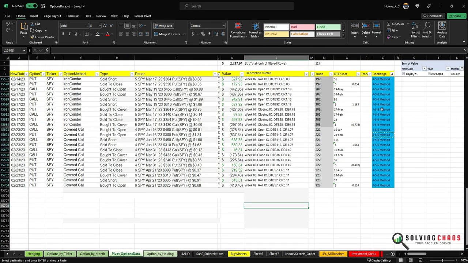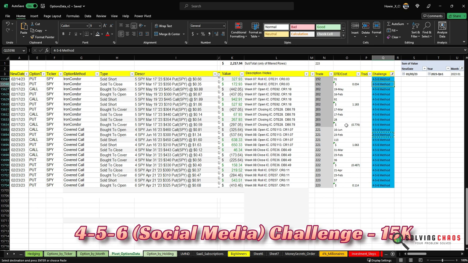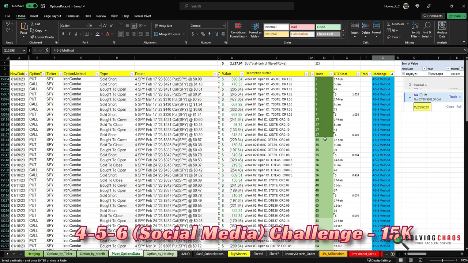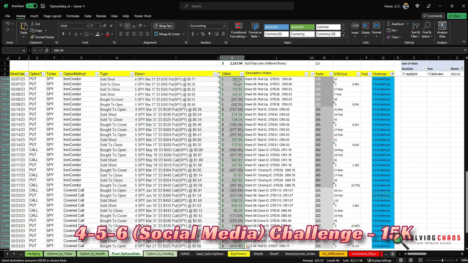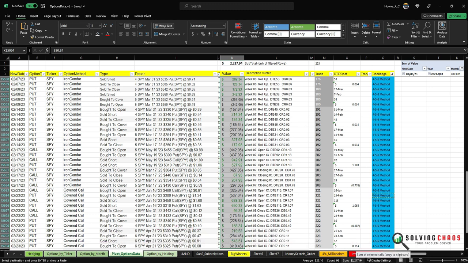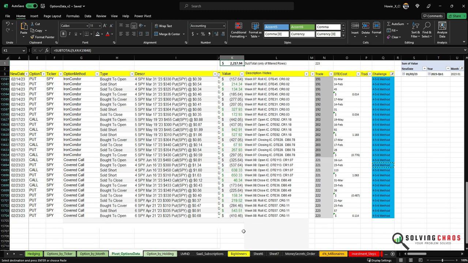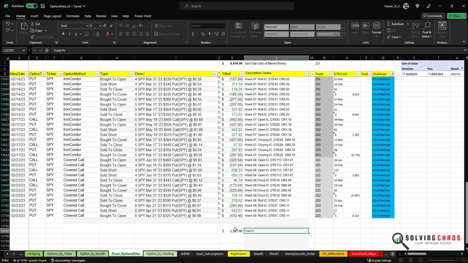I'm back at the details. I put a filter on the challenge called the 456. If you scroll all the way back up to my filtering, it starts at week 1 of this year, which is obviously the first trading day. And what you should care about is how much money you've collected in premium or made so far this year. By tracking winners and losers in one spreadsheet, it's really easy. You can see this here. I track all the data. So we're in week 8, $2,200, and this number matches. $2,017 is the total profit so far.